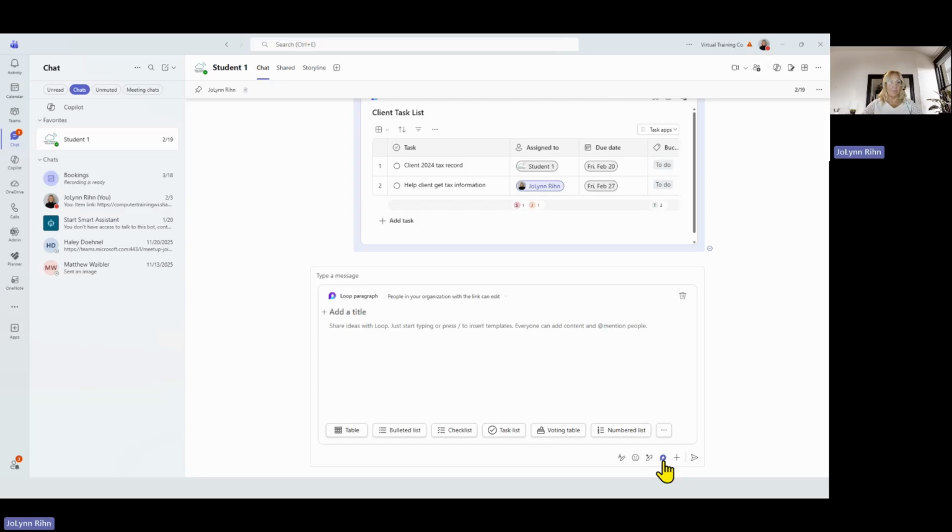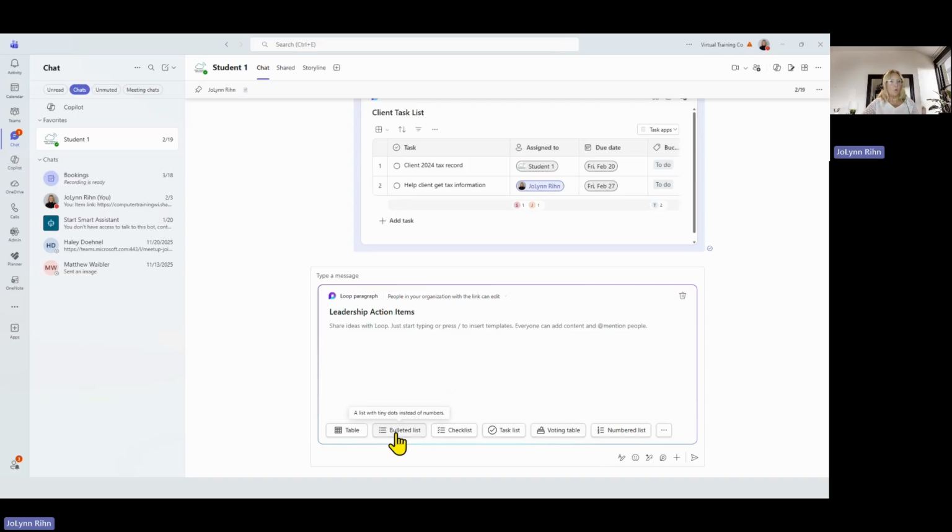So when you click on it, what it's actually going to give you is your cursor blinking where you can add a title. So I'm going to do that first. I want to actually name this, I'm going to name it Leadership Action Items. And then down at the bottom, you can see that I have these icons for the different types of components